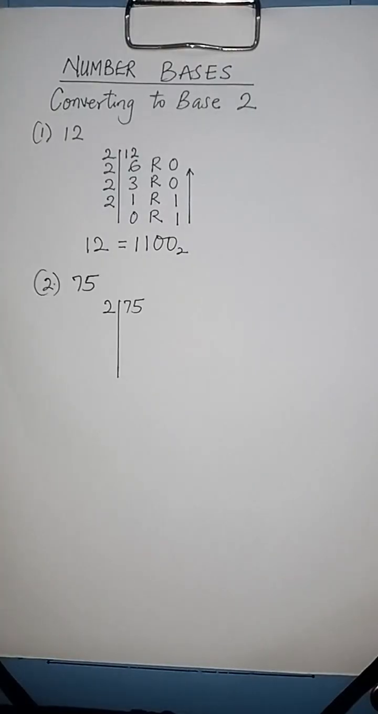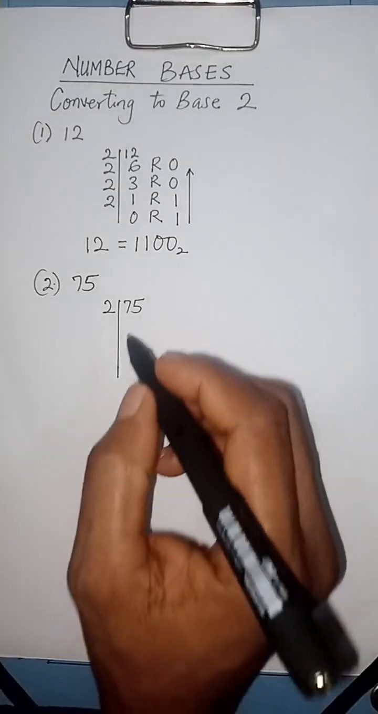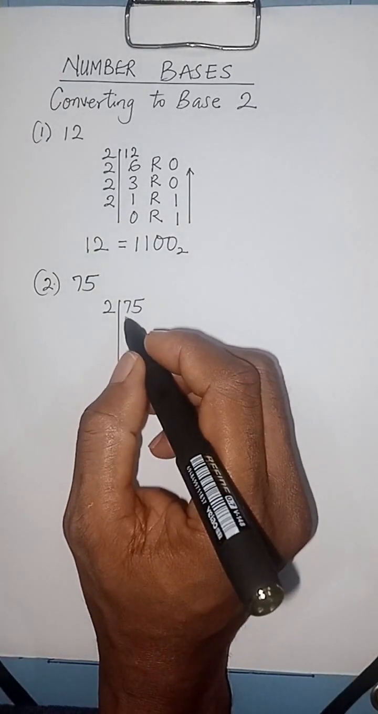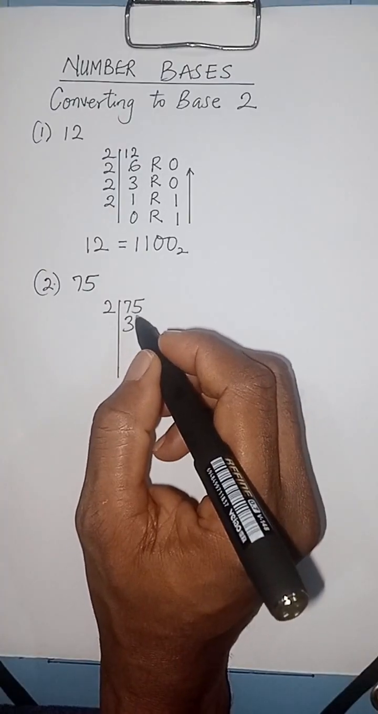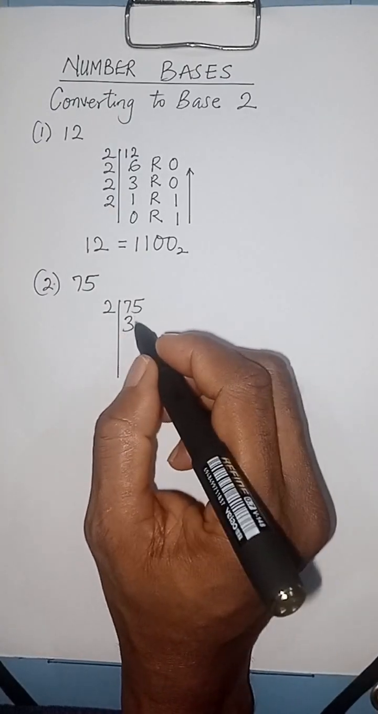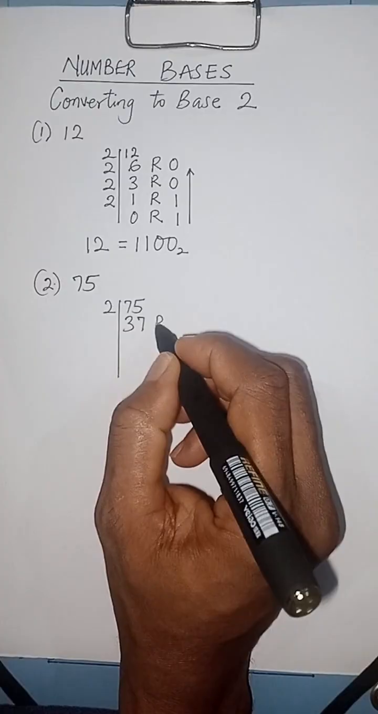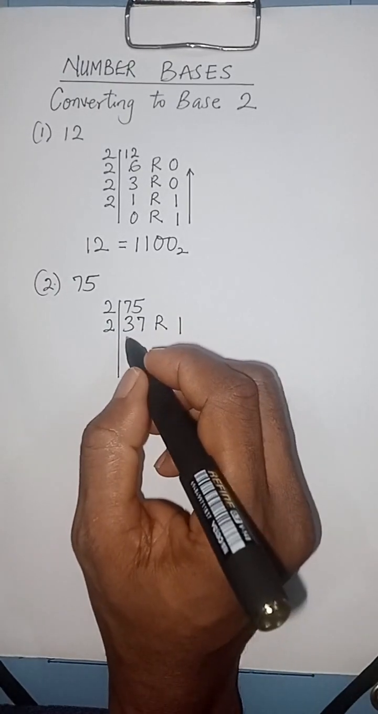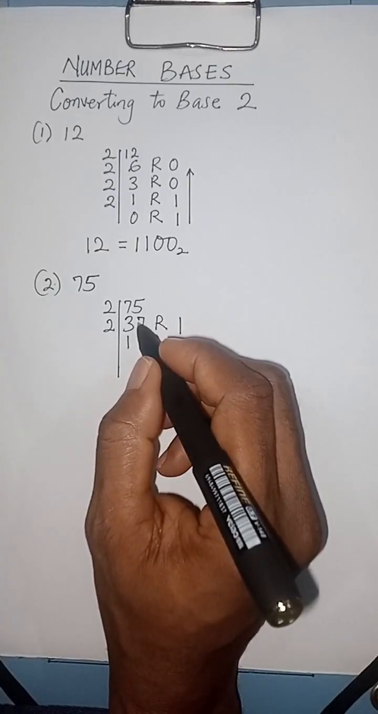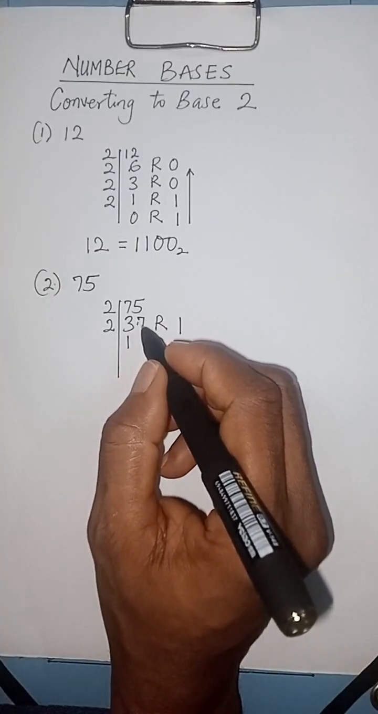Now let's try another example. I have 75. I'm to convert 75 to base 2, which means I am going to divide by 2. So 7 divided by 2 is 3, remainder 1. Join the 1 to 5, it becomes 15. 15 divided by 2 will be 7, remainder 1. Divide by 2 again, this is 3, remainder 1, and then it becomes 17 divided by 2,